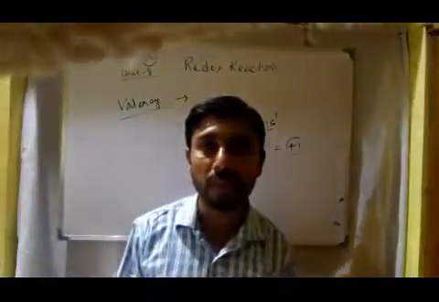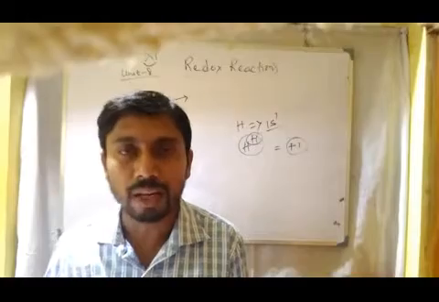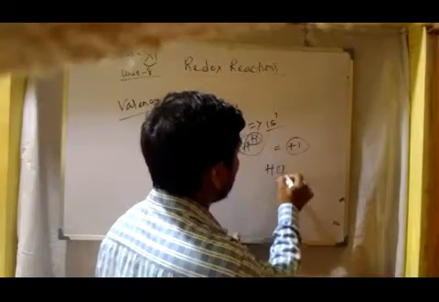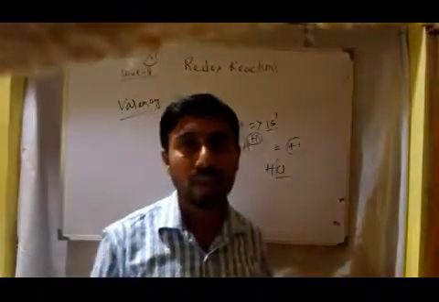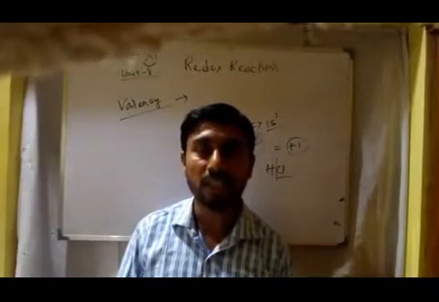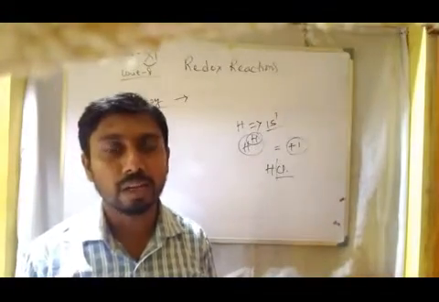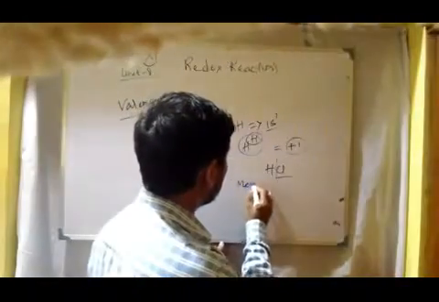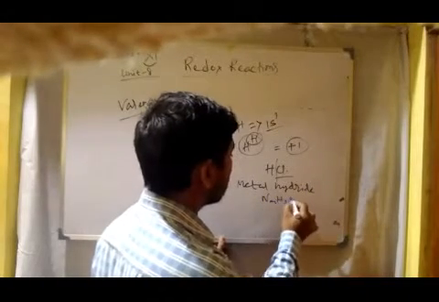When hydrogen is bonded to a less electropositive element, for example in case of HCl, Cl is less electropositive, it is an electronegative species. So when hydrogen is connected with an element less electropositive than hydrogen, the oxidation state is assumed as plus 1 and it is fixed. But if it is connected with a more electropositive element, for example in a metal hydride, one example may be sodium hydride, potassium hydride, etc.